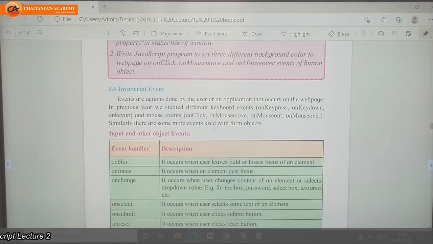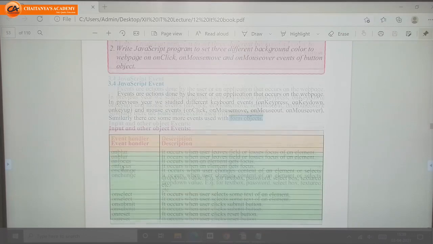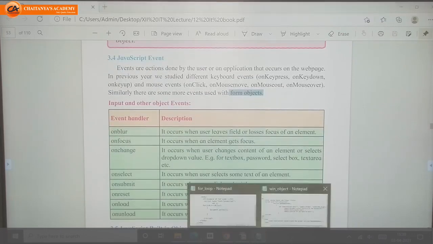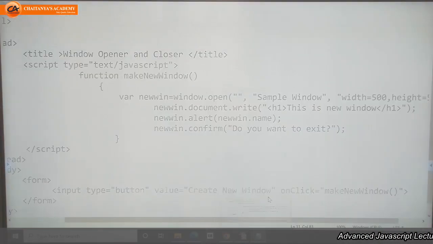Similarly, our forms also have some events. So we'll check it with an example.